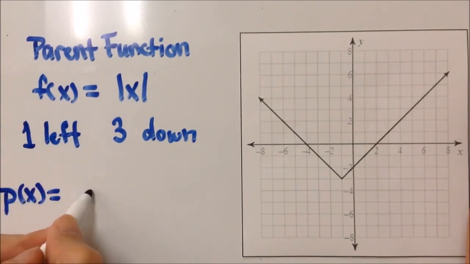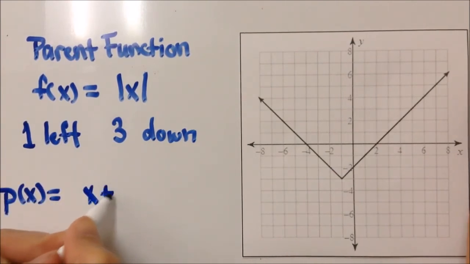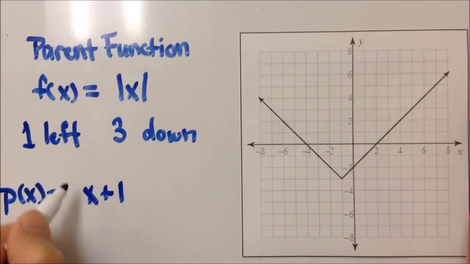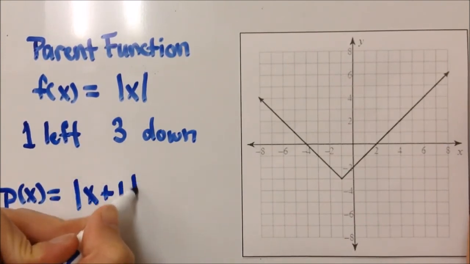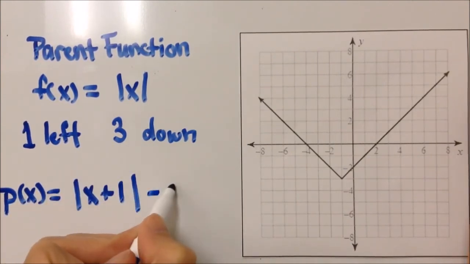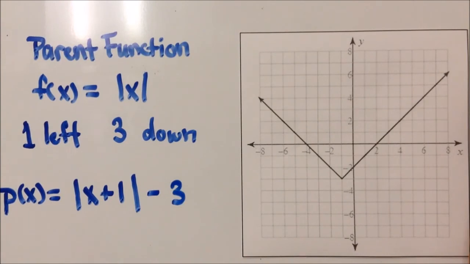So that means x plus 1, so plus 1 means 1 unit to the left, and then the absolute value, since we have 3 down, that means minus 3. So our equation for the transform absolute value is p of x equals the absolute value of x plus 1